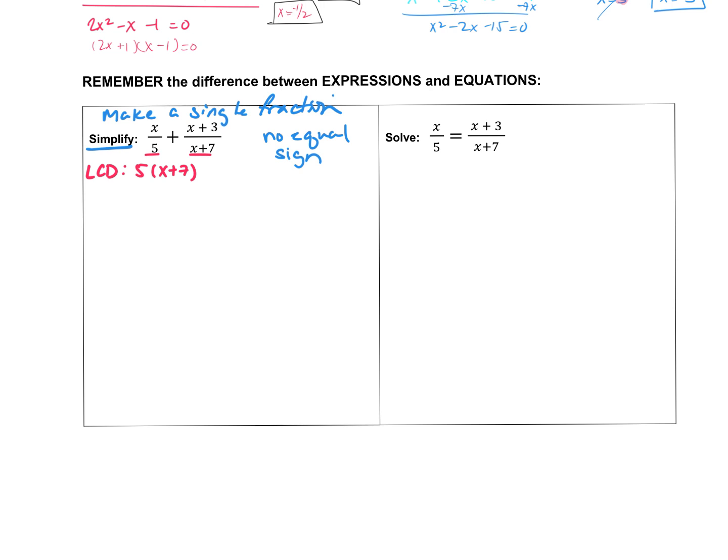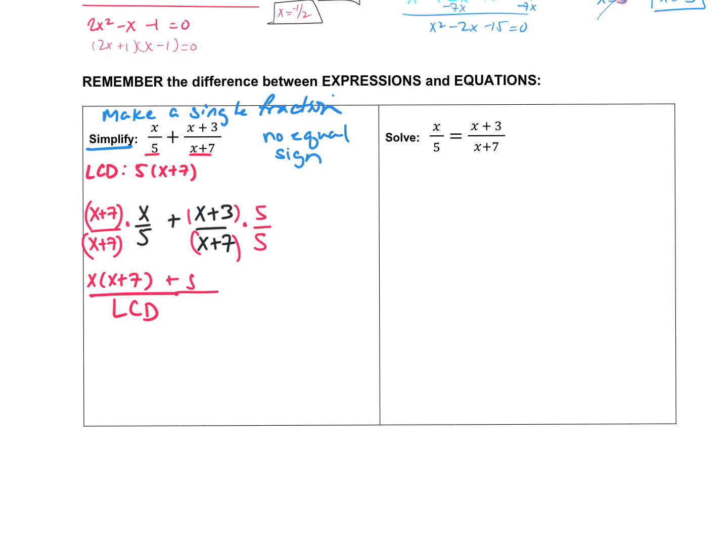So I'm just going to rewrite this fraction down here so it's easier to see. So I'm going to multiply by what I need. What I need here is an x plus 7. This is where that form of 1 comes into place. Here, all I need is a 5. Okay. So my LCD, we're just going to write LCD on the bottom of it, is x times x plus 7